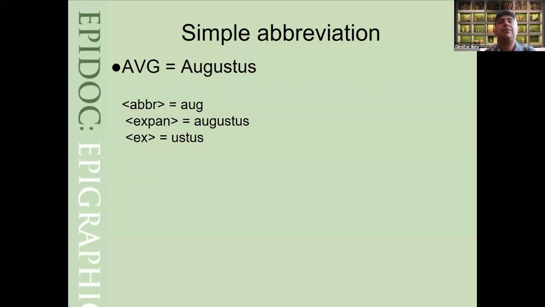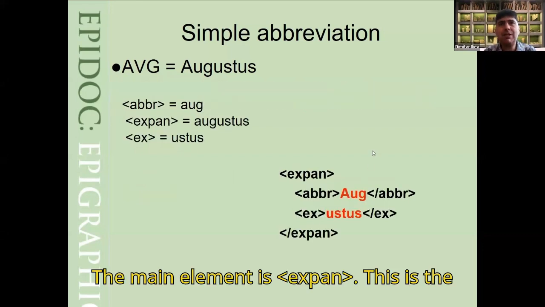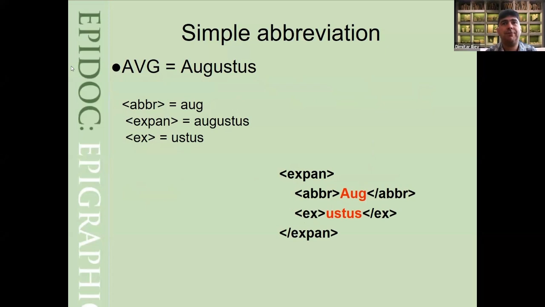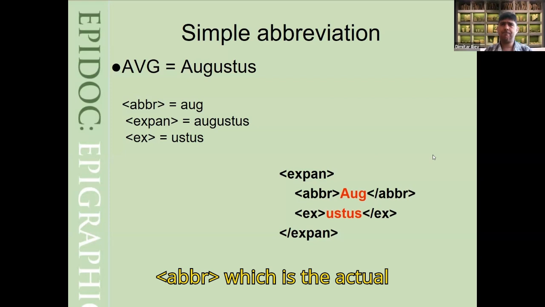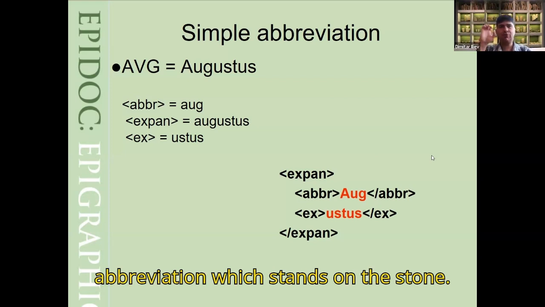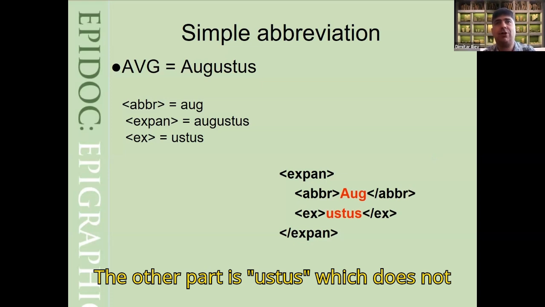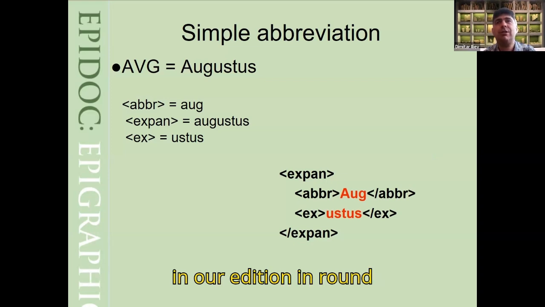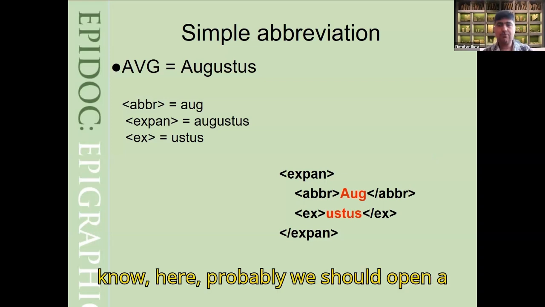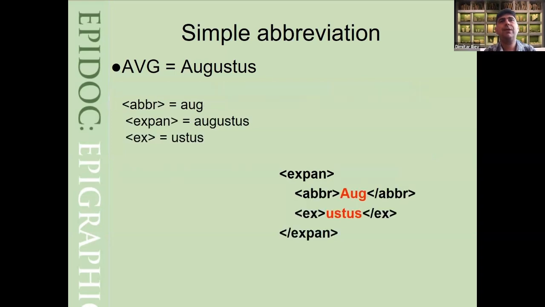Here, the main element is expand. This is the whole thing. One daughter element, one sub-element is Abbr, which is the actual abbreviation which stands on the stone. The other part is Ustus, which does not stand on the stone, but we want to include in our edition in round brackets. As you know, here probably we should open a bracket